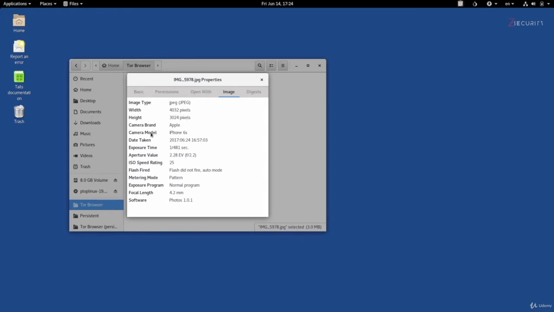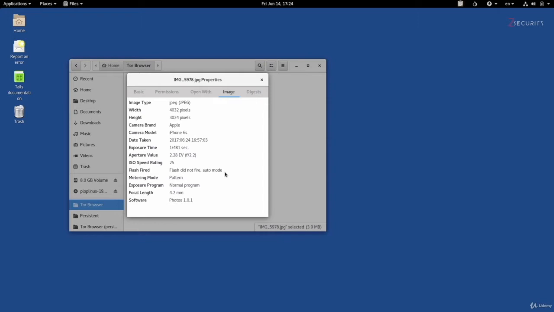You can see the camera model, it was an iPhone 6s. You can see the date this picture was taken, the exact date with the day with the time. You can even see if the flash was used or not. Now, this is an example of a picture. If you do the same for a document, you will see the creator, the operating system, the program used to create it, and so on.